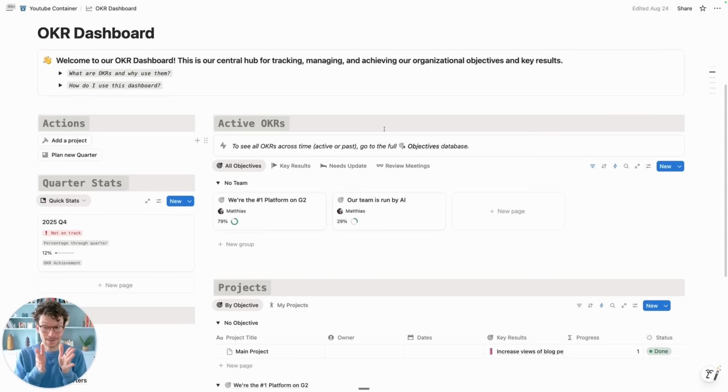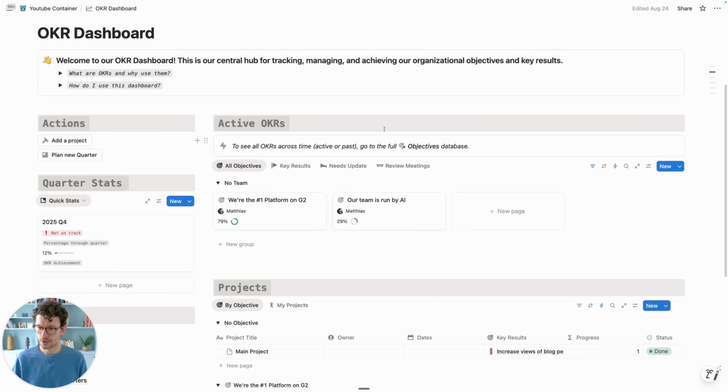Number 4, Streamline Reporting. This specific example here is updating OKRs, but this is true for pretty much any situation where you want people to regularly do something based on their responsibilities. Traditionally, what we do is we build cool dashboards like this, right, to help people navigate and find out which are the OKRs that we have, which ones am I responsible for, which ones do I need to update. But I think over the next few months, we'll actually see a big shift here in how we use